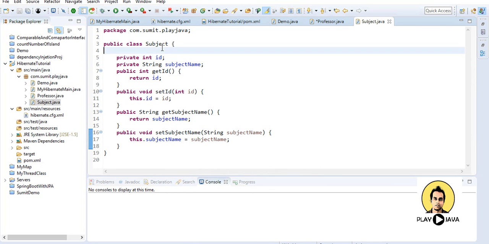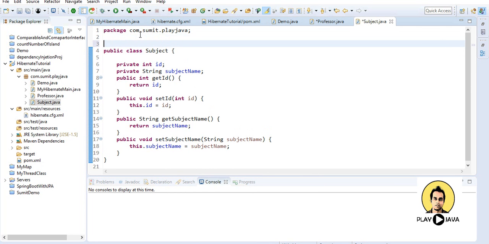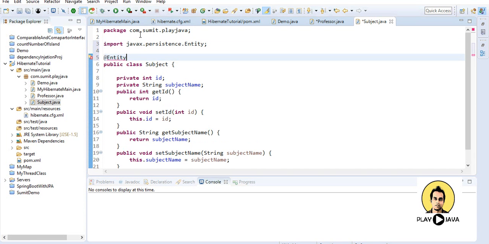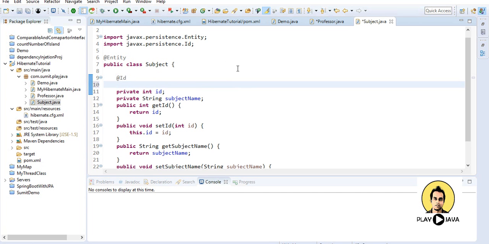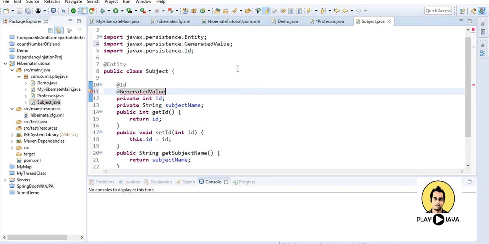And what I will do here, I'll create this as an entity, so that Hibernate will know that it is an entity class and a table needs to be made for this. Control Shift O will provide the dependency javax persistence import. And one more thing I'll do, I'll provide @GeneratedValue, and now our subject class is okay.